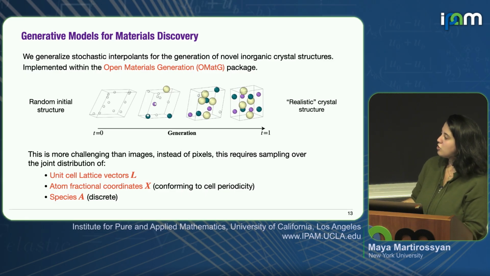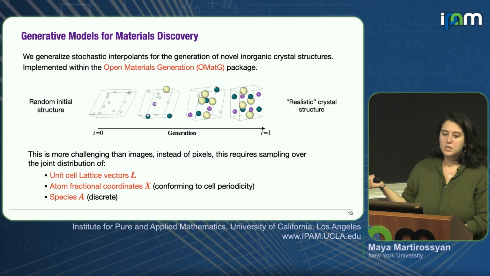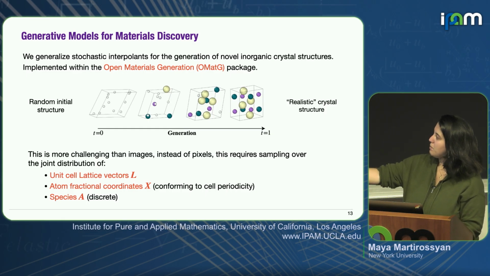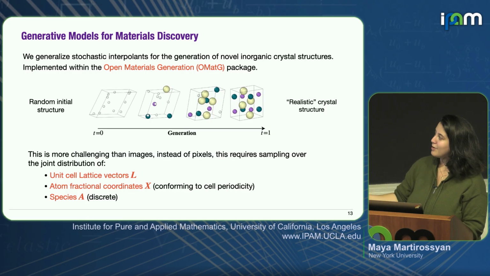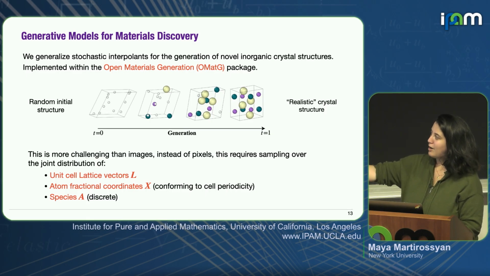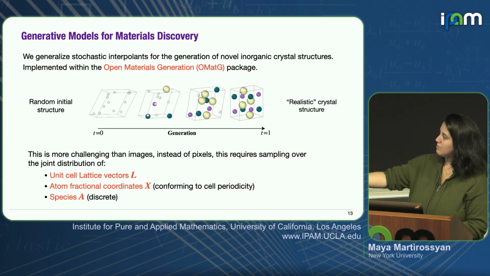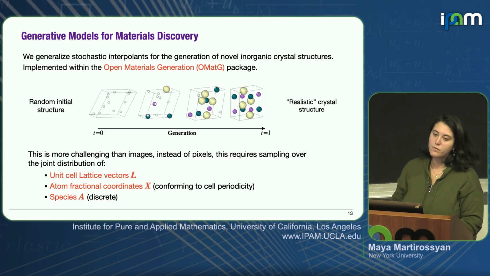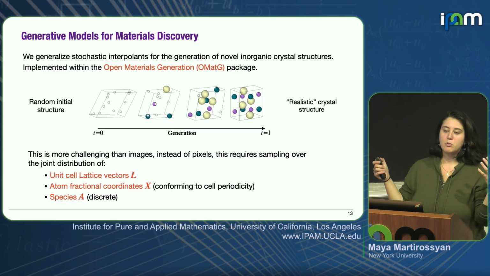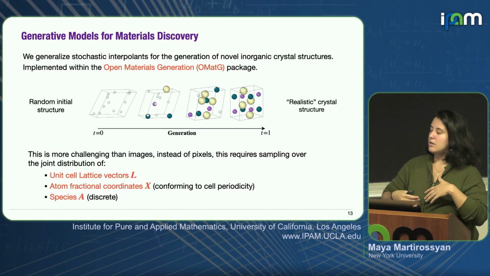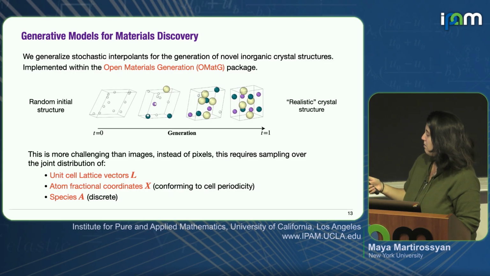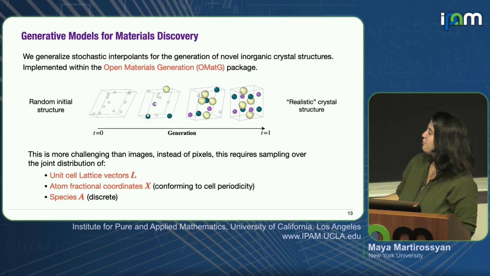And then the species actually don't use our stochastic interpolants piece. These are learned through what's called discrete flow matching. But you can basically go from this. The other thing you should notice about this very noisy crystal that's not particularly realistic is that on the right we have these atomic identities, colored by the different atoms they are. But on the left, these particles actually have no atomic identity. So they learn to jump from their masked or no-identity state into the actual chemical identity that they have. This is another aspect of what we learn.